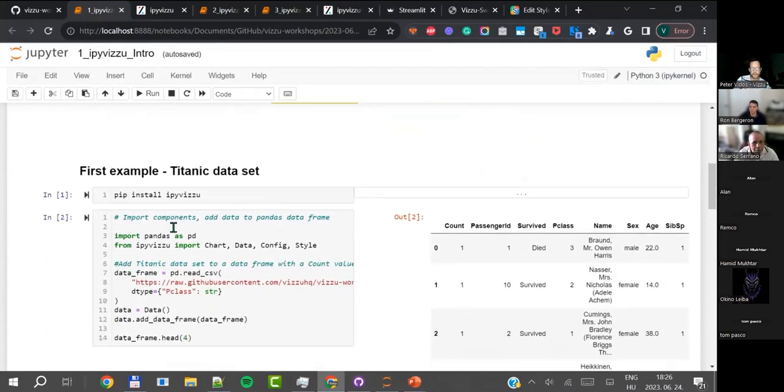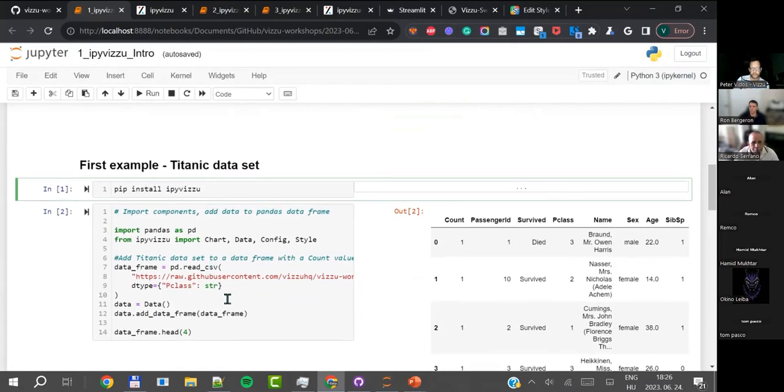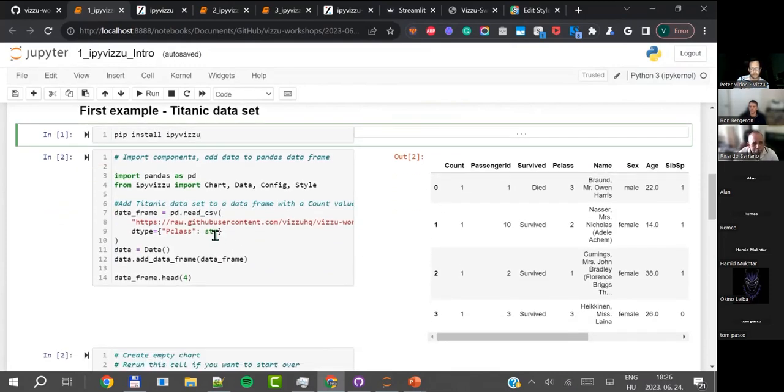So let's start with a very simple example. We actually use pip, but you can also use conda to install it. You just need to install IPyVizzu, and you're good to go. And here, this is a vanilla Jupyter notebook. I'm using a CSS hack to view the output next to the code cell